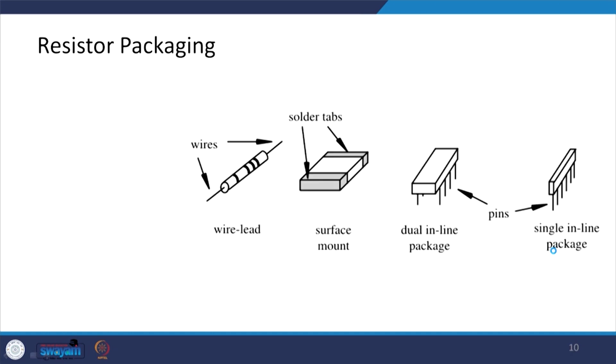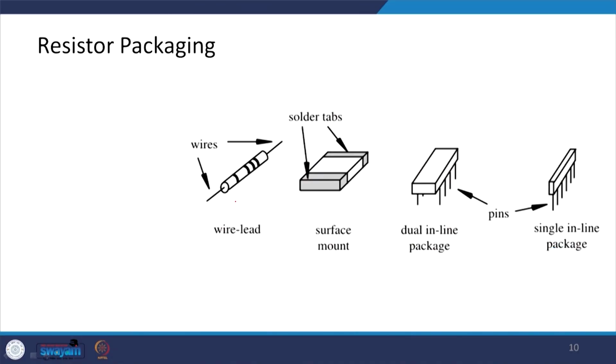Now, these resistors are available in the market in various forms of packaging. Our aim as a mechatronics engineer is to make different circuits, with different components to be used in a mechatronic system. So, we need to know what type of resistor or what packaging is commercially available in the market for procuring the resistor.